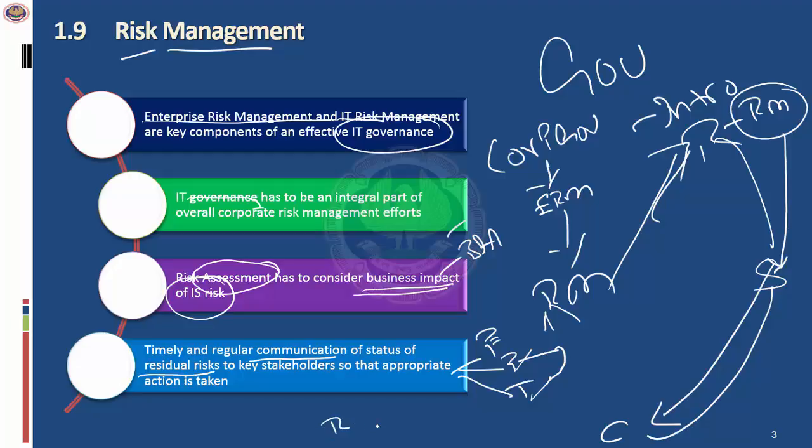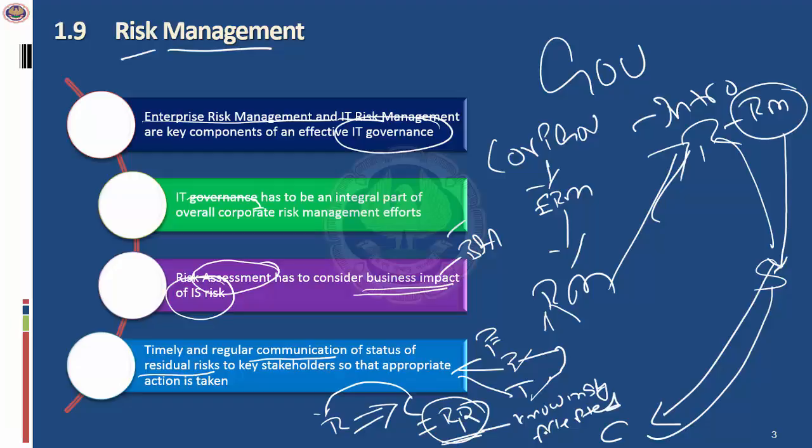I said risk cannot be completely mitigated, so risks are mitigated by implementing the right level of controls. When you implement the controls to mitigate the risk, there is still a risk which could be left, and that is called the residual risk. This residual risk needs to be knowingly accepted. The most important aspect when you're doing an information systems audit is to ensure that you know what the risks are and whether these risks have been knowingly accepted. Based on this, you need to take appropriate action. So I hope you have been able to get a little more clarity on what risk management is all about from the perspective of IT.